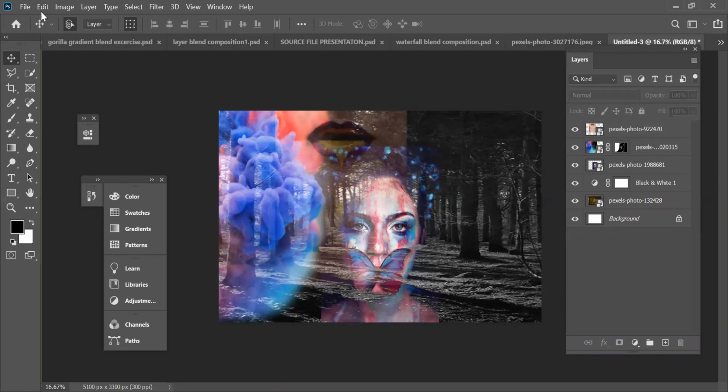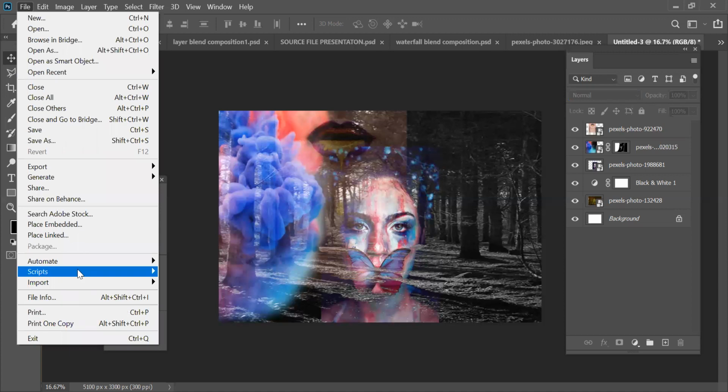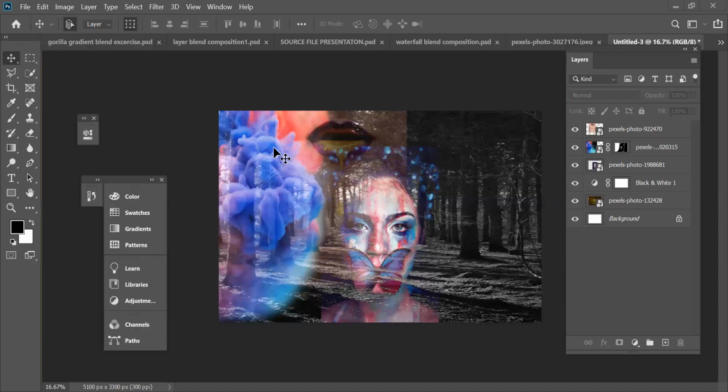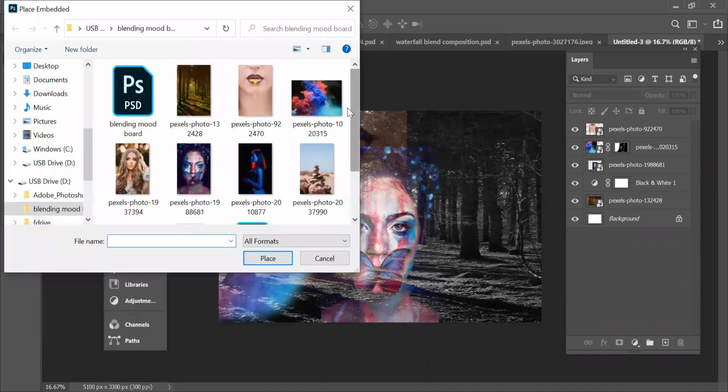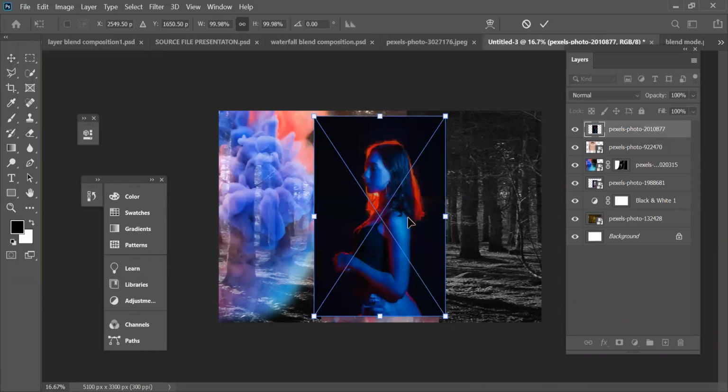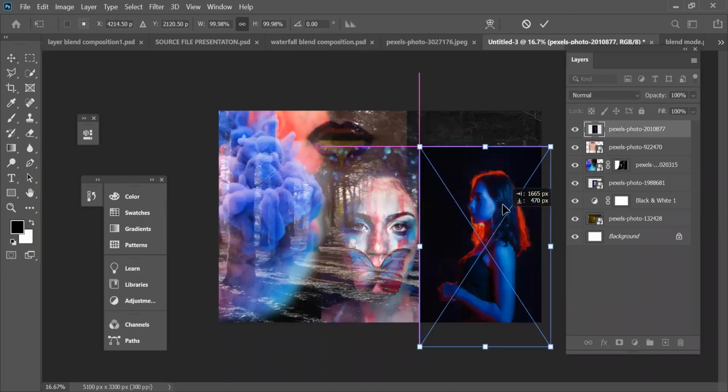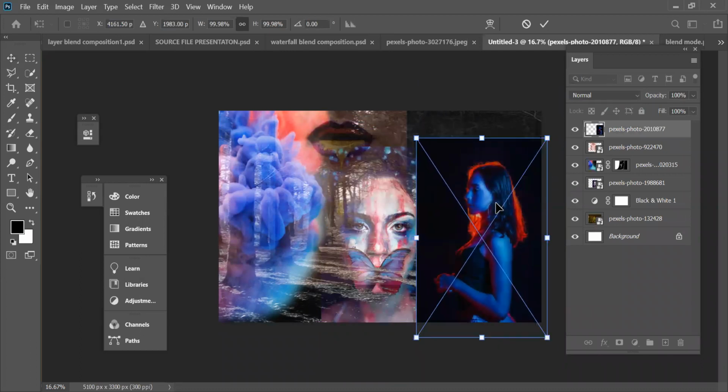Okay, now this is basically how you develop your mood board. So you use different ways and means of embedding and placing your file. Let's suppose I want to add this photograph, and maybe I want to reverse it.